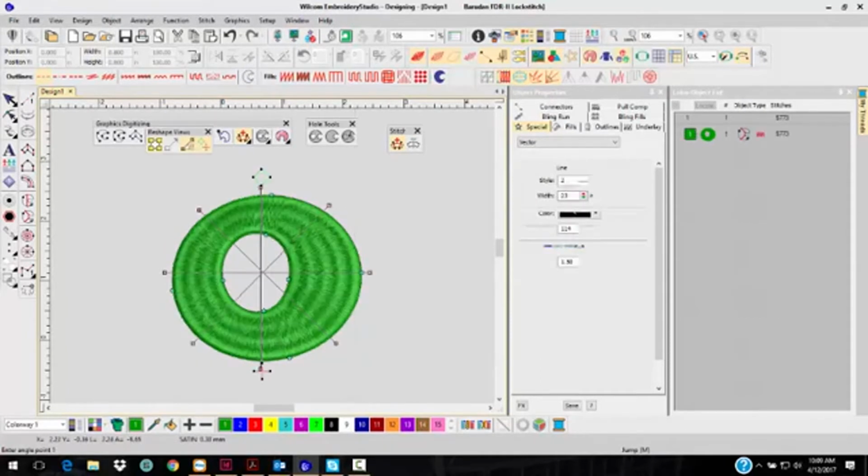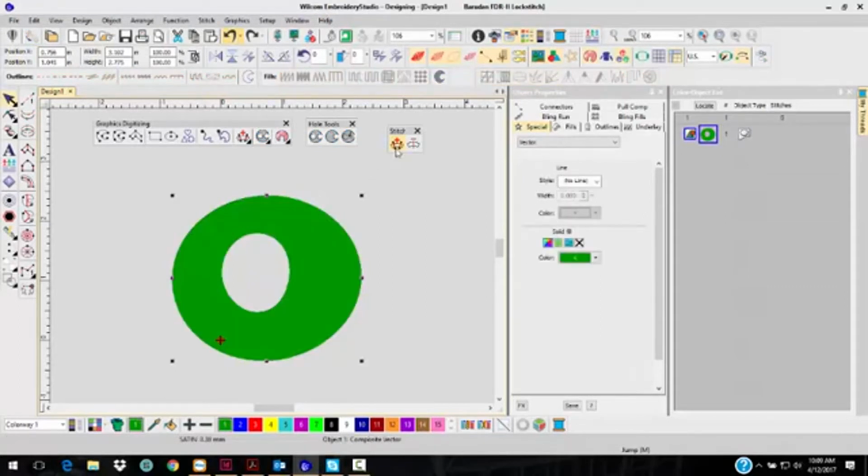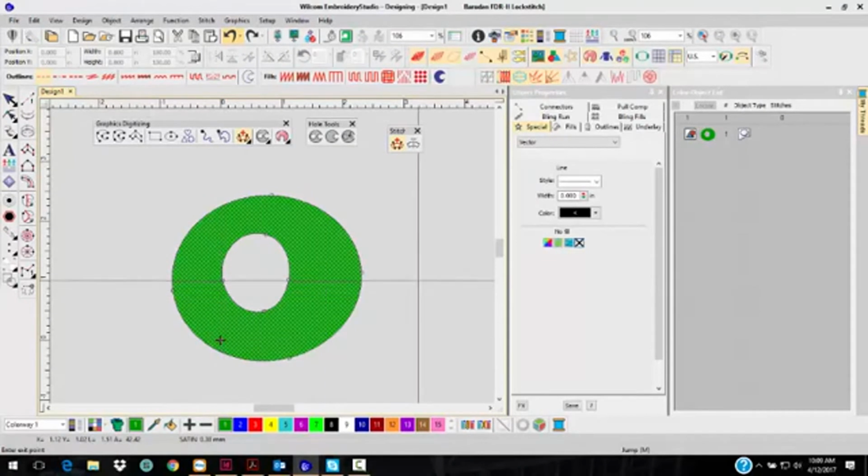And hit enter, and that actually converts it into stitches. So now it is a stitched object and not the vector that we had. So that's an easy way to convert vectors just by simply adding a stitch angle. And I could have just added one. So if I undo that, I can grab this, add the stitch angle, and I can just do a 0